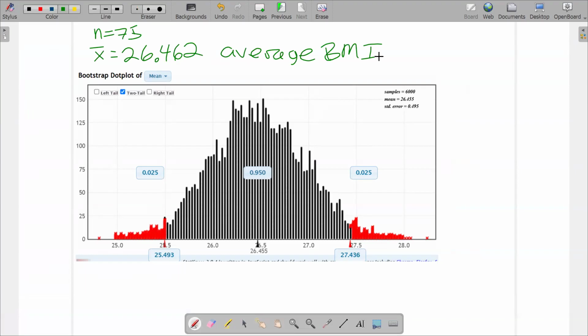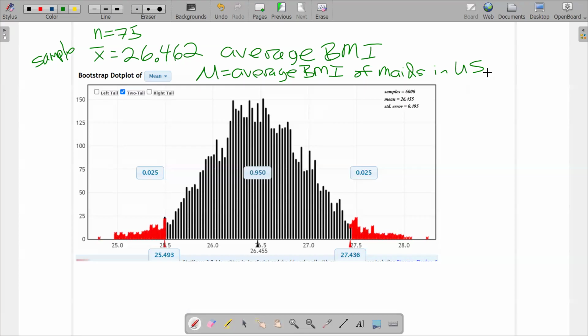Okay, so the sample mean is called X bar. Anybody remember what letter we use for the population mean? Mu, yeah. So this is the sample. We're using this to estimate the population mean, mu, and I'm claiming that mu is the average BMI of maids in the US. But I don't think it's unreasonable to say it's adult women in the US. So based on this, I think the average BMI of maids in the US is about